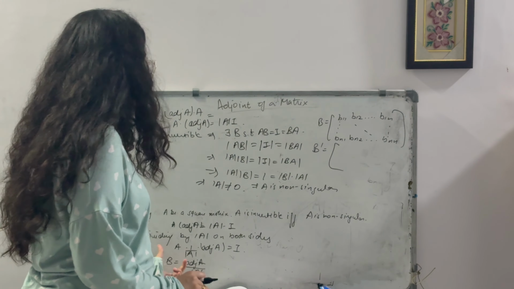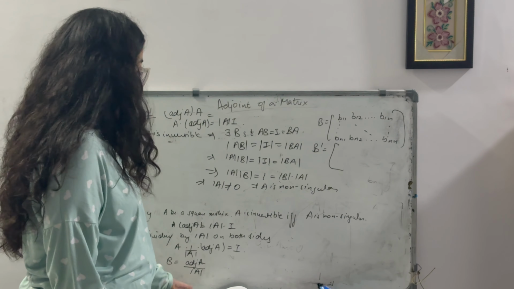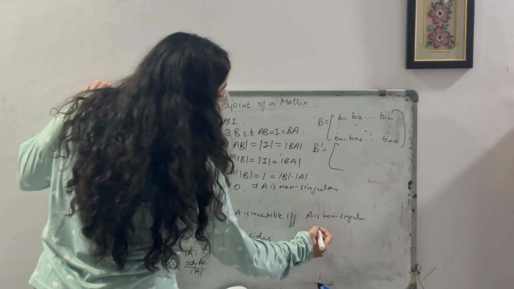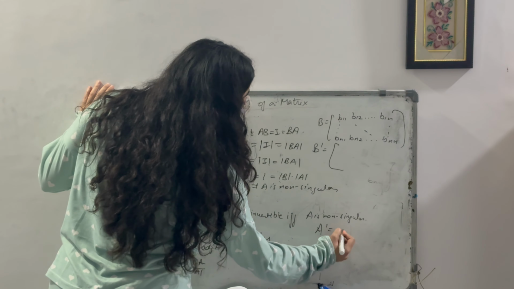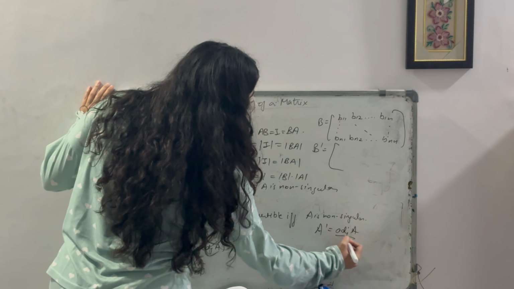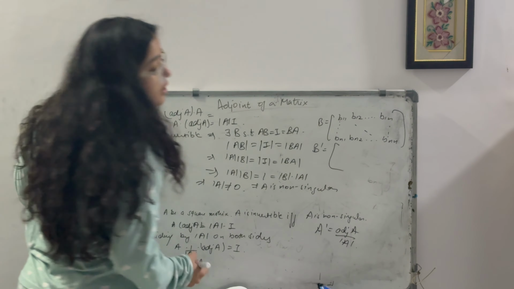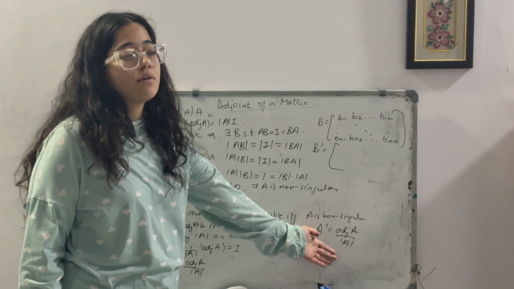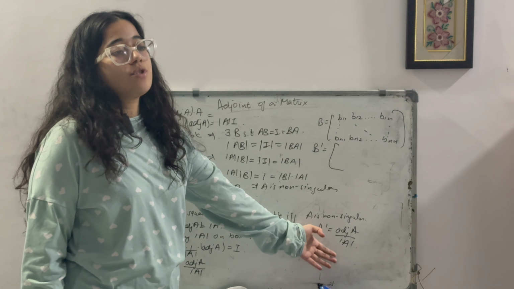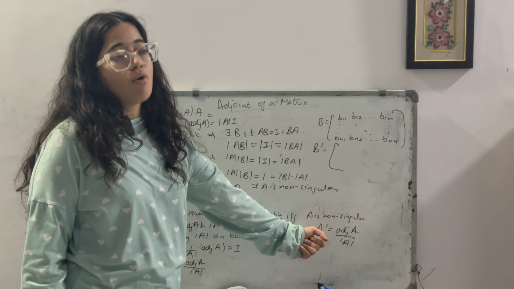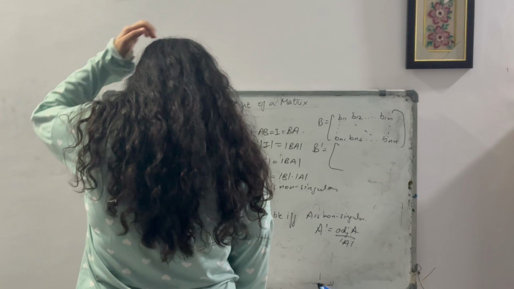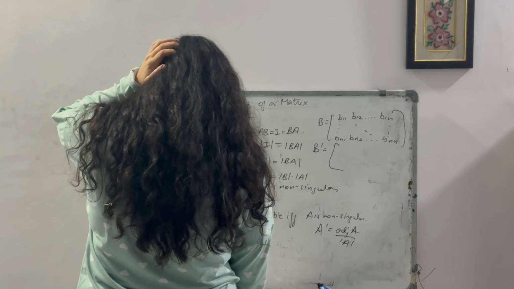And what will A inverse of A look like? From here what we say is that inverse of A is nothing but what? A inverse is equal to adjoint of A divided by determinant of A. So this is the new way that you calculate inverse of A without using elementary row operations or elementary column operations. This is how you calculate inverse of a